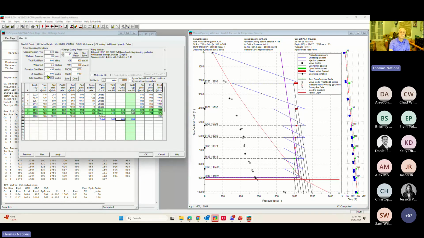So here's what I've told it. I said I want 600 MCF here, so it's going to try to match that up using the valve performance information. I did it a couple of times, and it finally resolved to 600 here. So it says what's actually going to happen is this well is going to multi-point on these two mandrels here. This valve can only flow 348